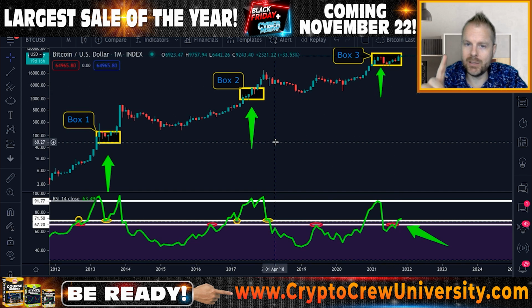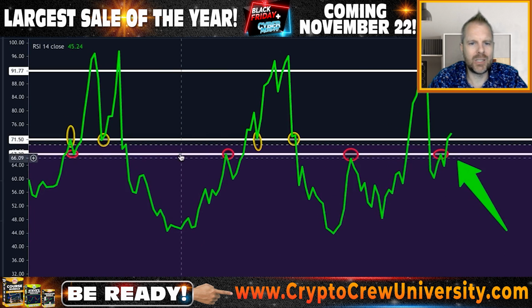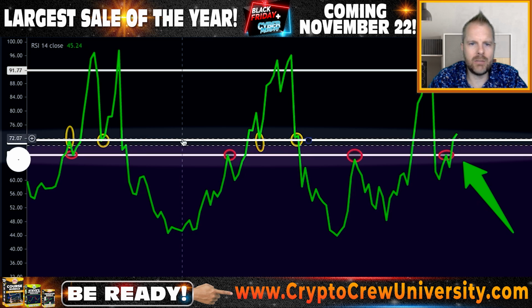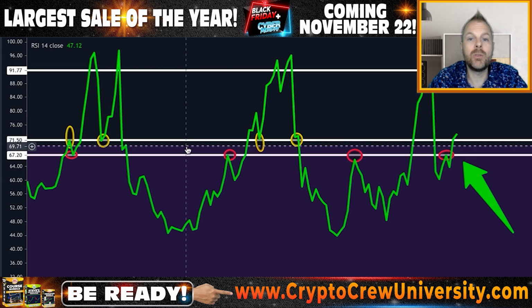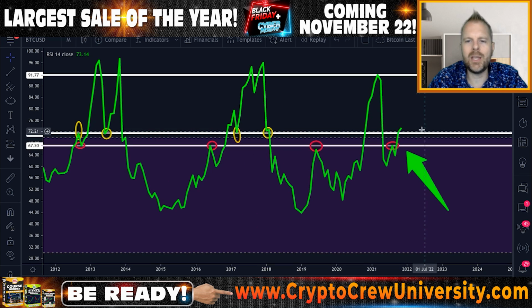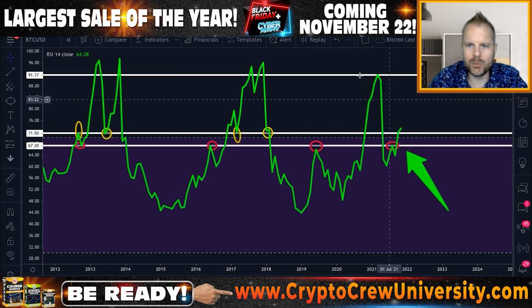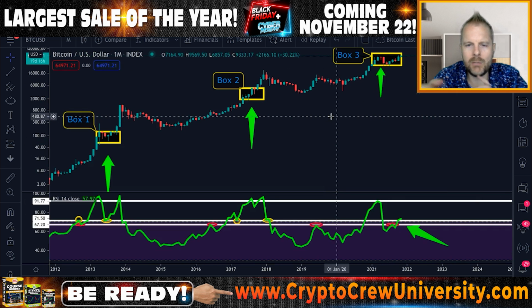But the key is what we just did in the RSI, right? On the monthly RSI, you can see that we have this key level here, 67 to 71. This is the most important level in all of Bitcoin for its 10-year history, and we just peeked our head through, okay? This is major. This is a major occurrence. I don't see enough people talking about this, but basically what we were looking for now in the big picture